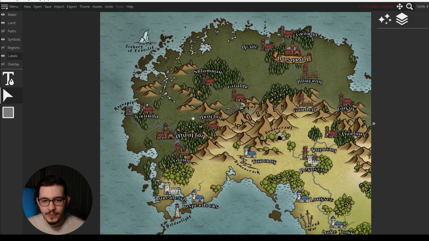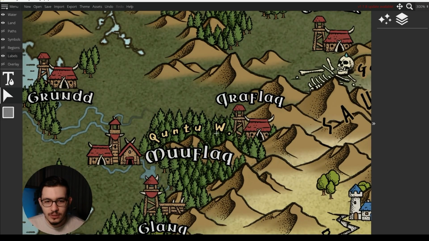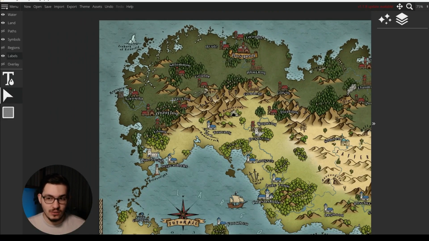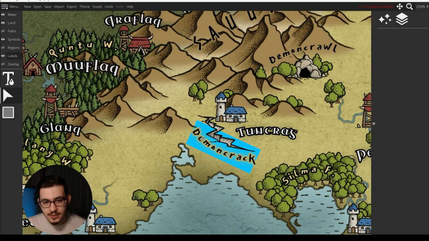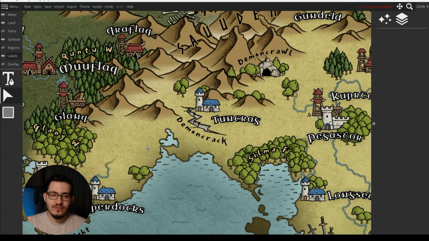Another thing I do is I change the font colors sometimes. For example, for all the forests, as you can see, I have this more yellowish, paperish color, which helps me to balance the whites on the map, because if I had all my fonts white, it would be too much white. And here I have another one. This is the same font as the forest, but this time it doesn't have any color. It's just black.